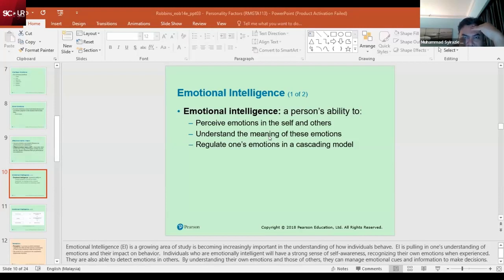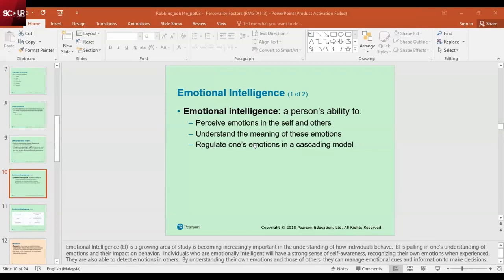Can? Understand? Yes, it also involves empathy actually. If you read the module or other readings, understanding the meaning of this emotion includes empathy. You understand other people's perspectives or feelings, then you better understand the emotions of others, and then you are able to